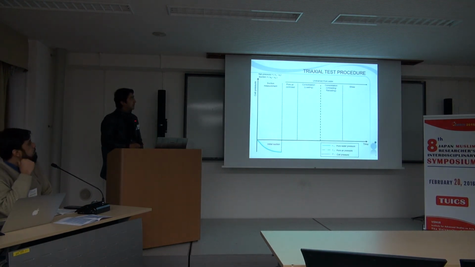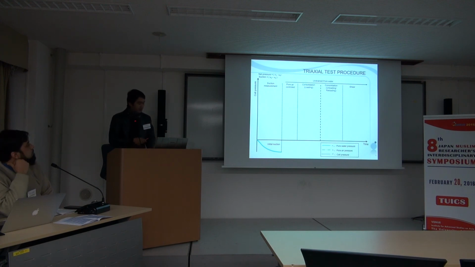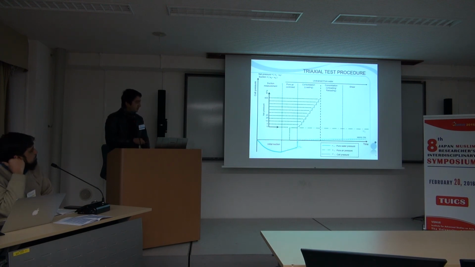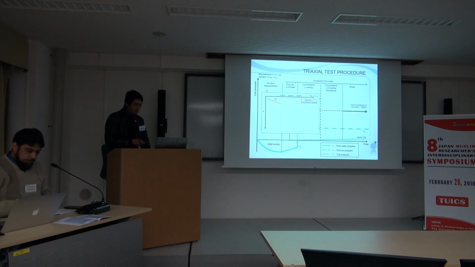Here I will explain some of the triaxial test procedure. First, the initial suction was measured, then the air pressure was increased along with the cell pressure. This is known as the axis translation technique. Then the cell pressure was further increased in steps. After that, the first specimen was consolidated to 100